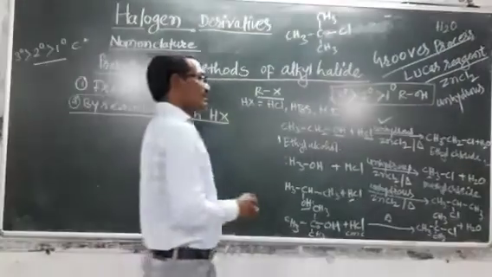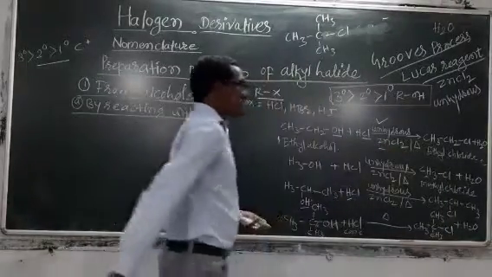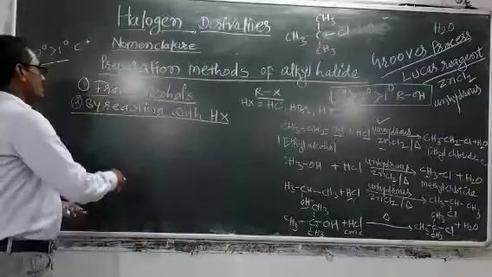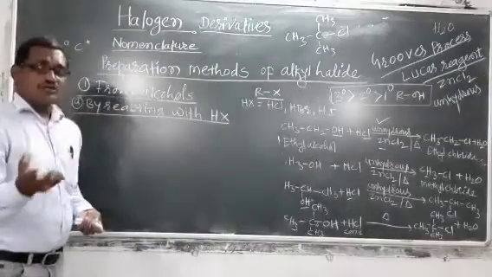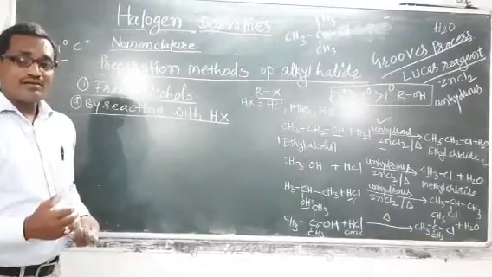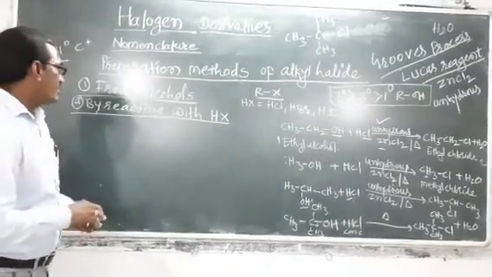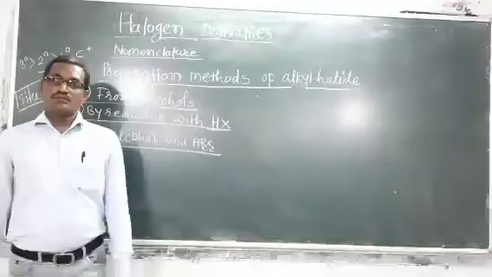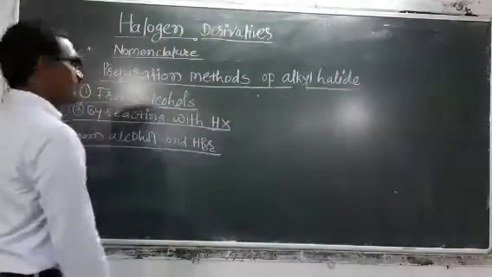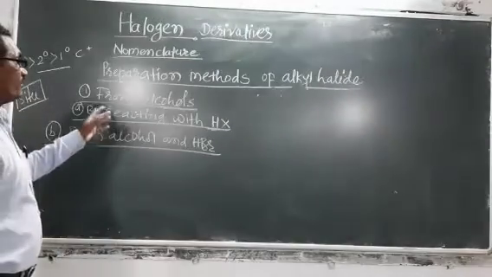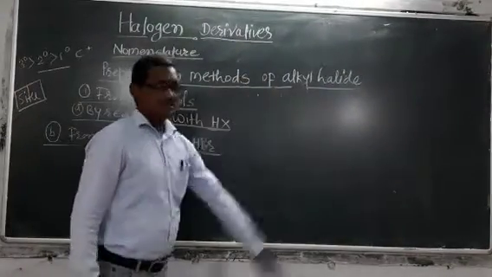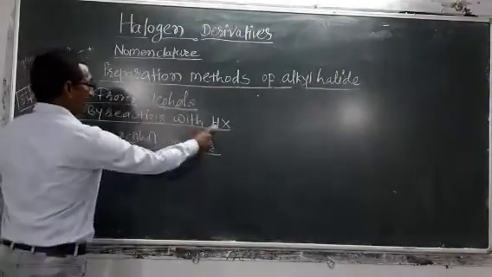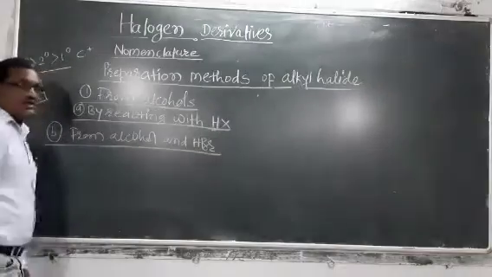And the reagent we used here is called ZnCl2. Now here we have completed the preparation of alkyl chloride, or the preparation of alkyl halide from alcohol and HCl. Next we will see the preparation of alkyl halide, that is, the preparation of alkyl bromide from alcohol and HX, that is, from alcohol and HBr.